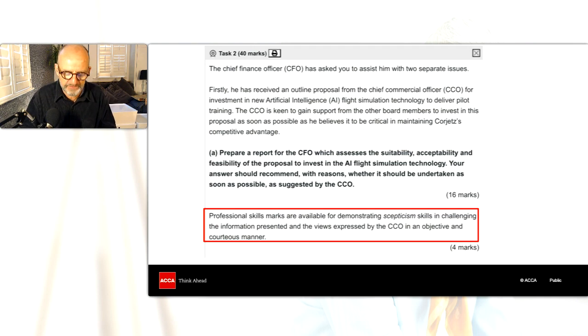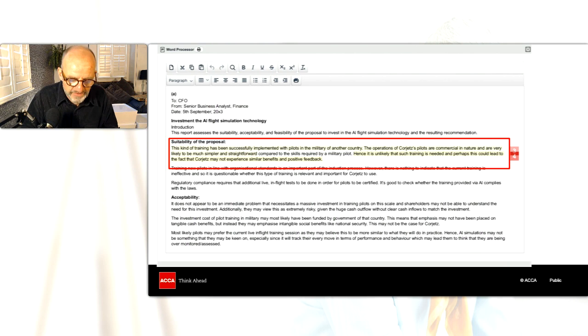So what did the answer look like? Well, what you see here is the answer is respectful but challenging. And they didn't accept that military training. So one of the things was to use the military to train pilots. And it's like, well, hang on a minute. You're not firing missiles out of your EasyJet flight or whatever, or doing rolls to escape the plane behind in the queue to land. It's maybe a bit different what a commercial airline pilot has to do compared to a military fighter jet pilot.